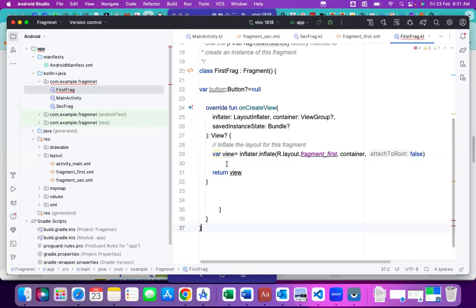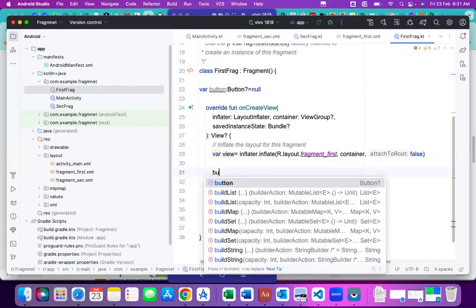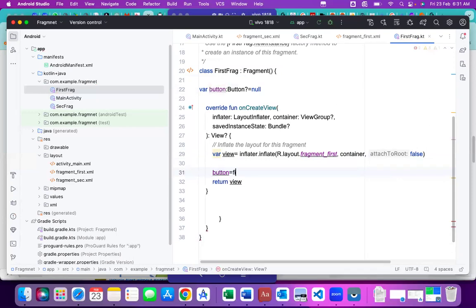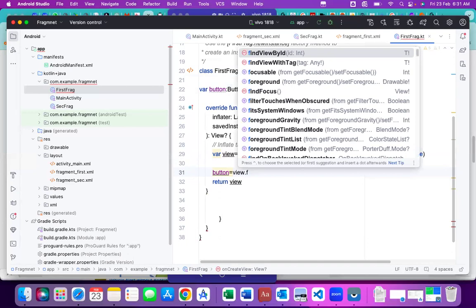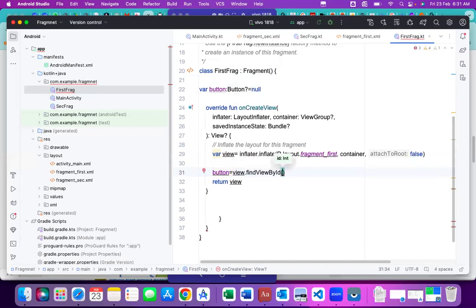Right. So here now we'll write button equal to findViewById. Directly we cannot find the element, because it is an indirect view. It is a view, so with reference to this view, dot findViewById. That is the only difference here, and that's the reason I've written it like this. Then we have to apply button dot